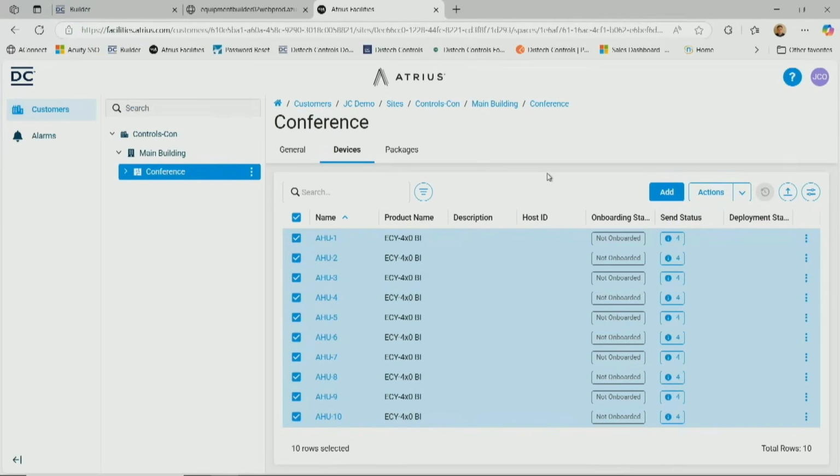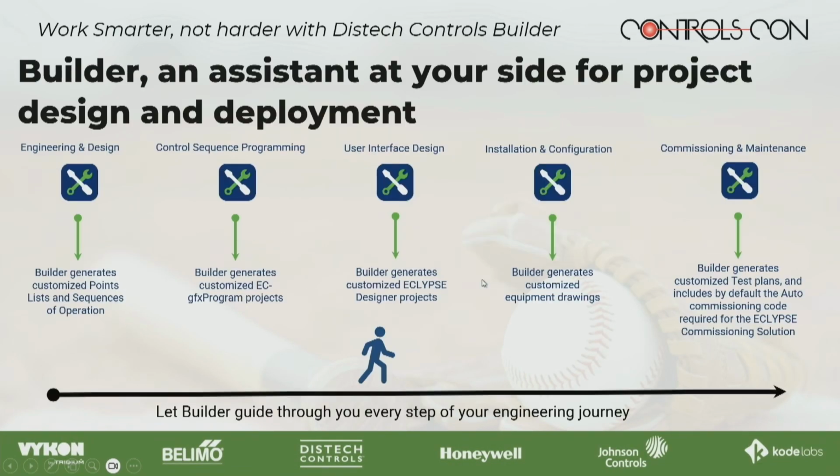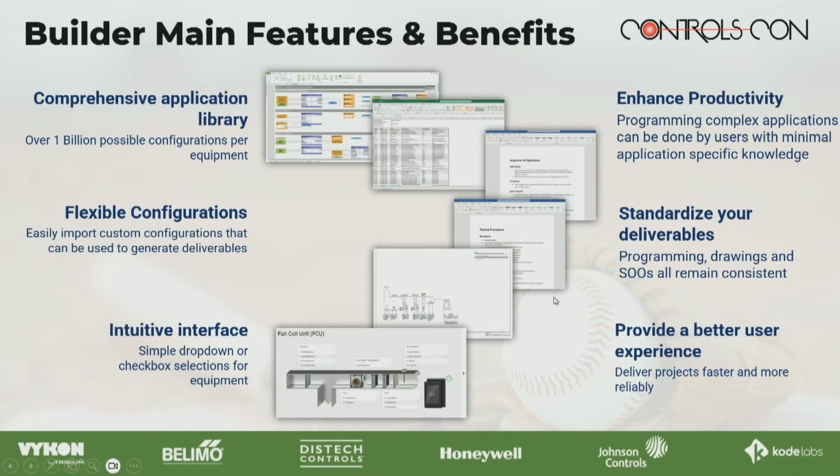Here we go. So this would be the trade-off, right? So if Julio was the engineer in the office, and we're moving fast, and it's kind of a fire hose, we get that, but we kind of wanted to show it from end to end. But right, the engineer uses something like Builder, whether it's your own organization, Distech's organization, and maybe it's not even Builder, maybe it's just creating the GFX file and uploading that inside of here. But what we're doing inside of Facilities is making that digital twin